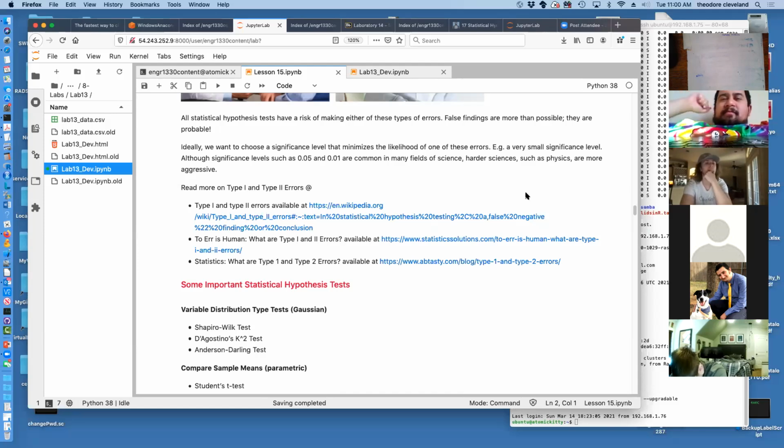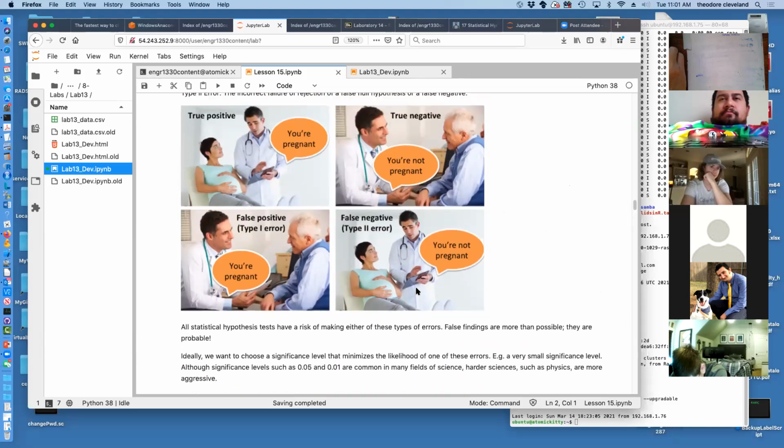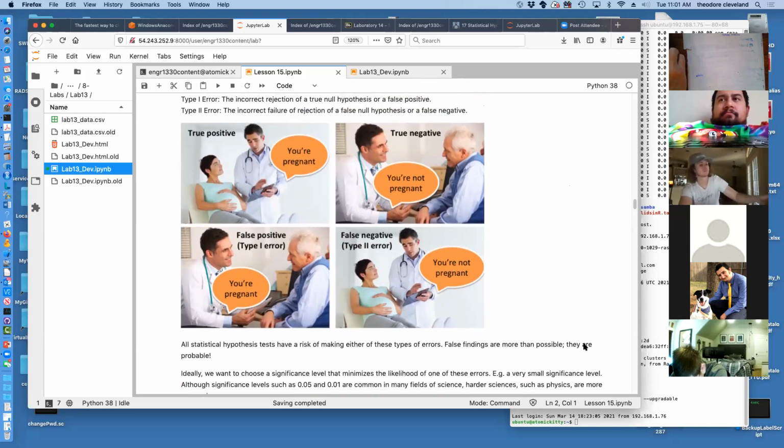For example, very small significance levels, such as 5% and 1%, are common in many fields of science. Harder sciences, such as materials physics, dealing with carborundum and other hard materials, may choose more aggressive levels of significance. And you, as the experimenter, if you're actually doing the experiments and not just analyzing data,